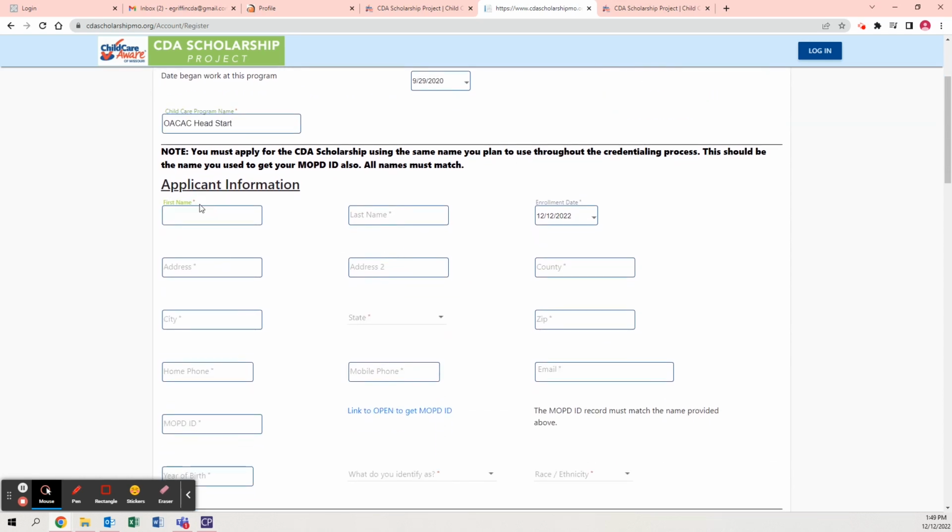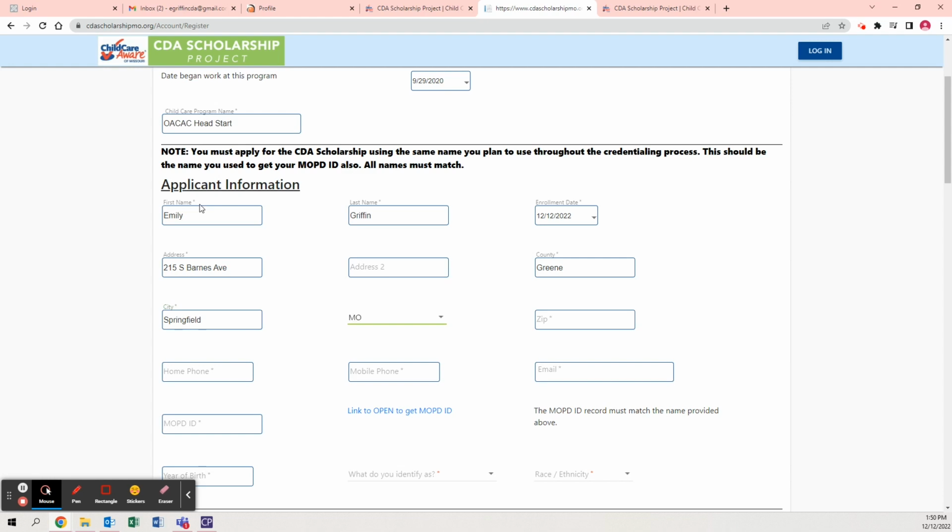In these boxes, you will enter your own personal information. This information should match what we used when creating your Council login. This should also match your ID and your MOPD ID. If you have questions about the answers for these questions, they should be included on the spreadsheet attached to the